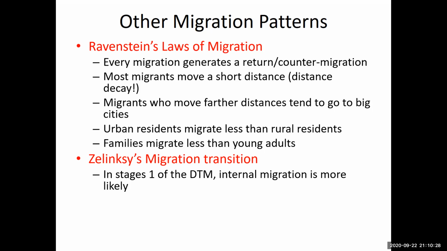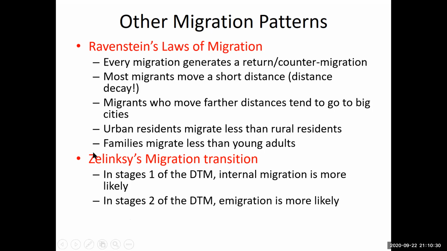and with high birth rates, many women probably don't have a lot of opportunities. Stage 2, your country's death rate is decreasing, of course, and emigration is going to be more likely. People are going to be more likely to leave in stage 2 because when there's this big gap between the birth rate, which is still high at this point, and the death rate, you are going to end up having a hugely growing population, meaning that you will have overcrowding issues, people having trouble finding jobs, and that will mean that people will want to go overseas so they can find other opportunities or to another country.